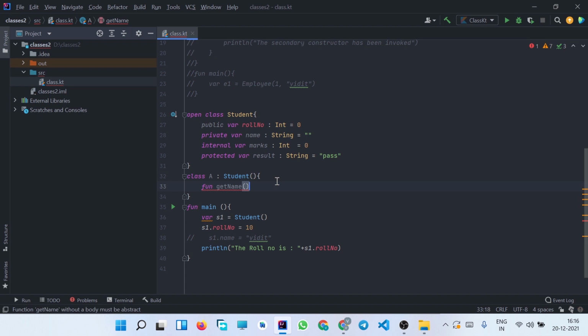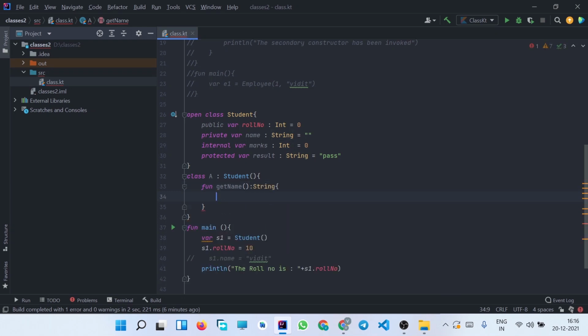Since the result is of string data type, the return type of this function is also going to be string. Now let's simply return result. You can see it is not showing any kind of error. We have easily accessed this result attribute in its subclass. So this was the protected access modifier.